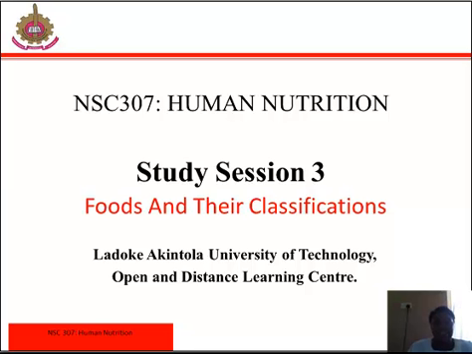You'll be introduced to the major categories of nutrients, their sources, functions, and how our body uses each of these nutrients for healthy growth and development. There are 7 main classes of nutrients that the body needs. We have carbohydrates, proteins, fats, vitamins, minerals, fiber, and water.